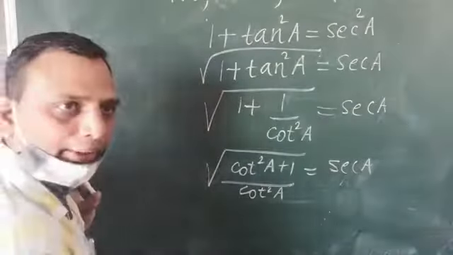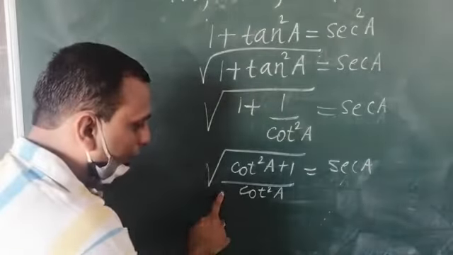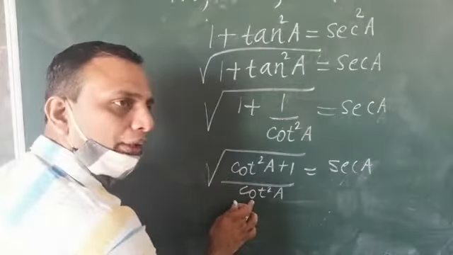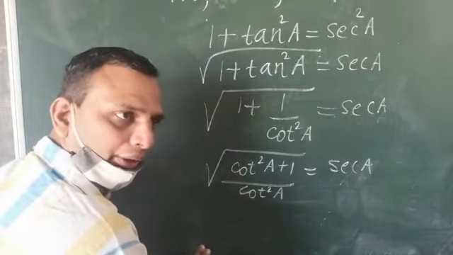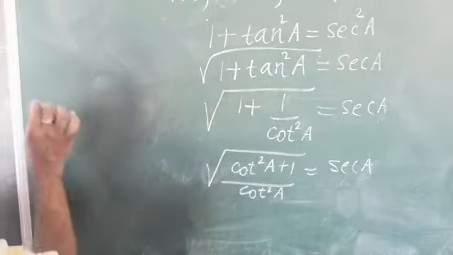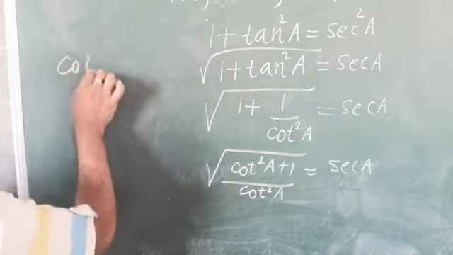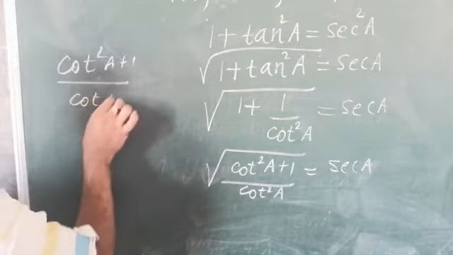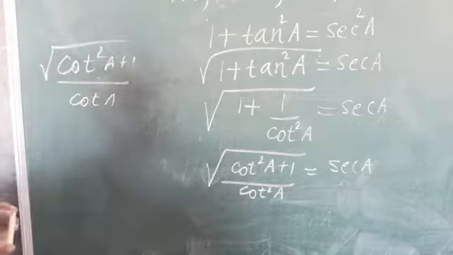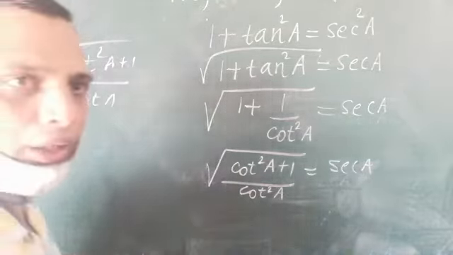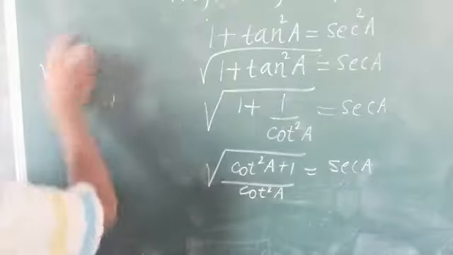Now see, remember one thing. Here in the back side, the root is up to the numerator because they have taken the cot A outside the bracket. Understood? At the back, when you see this answer, they have written cot square A plus 1 upon cot A, and the root is only on the numerator. They removed the square sign and brought it out from the outside root. Okay, understood? Now this is over.